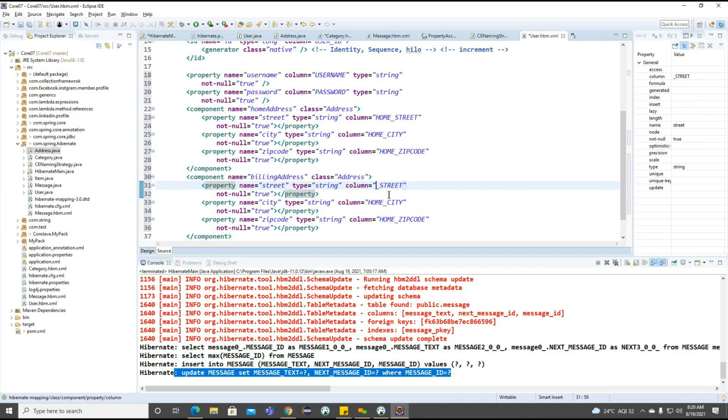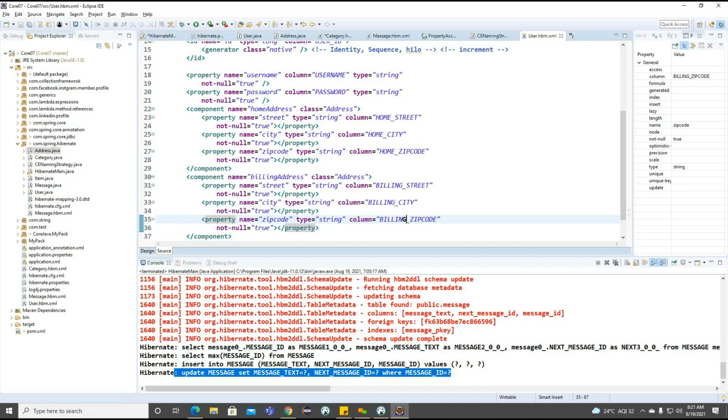Only the difference we need to change here: billing state, billing city, and billing zip code. Getting the point. And this is the way we can go for the two components here.